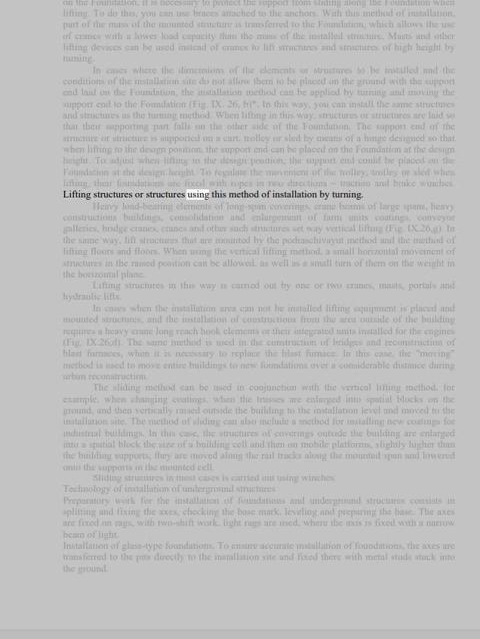Lifting structures using this method of installation by turning. Heavy load-bearing elements of long span coverings, crane beams of large spans, heavy constructions, buildings, consolidation and enlargement of farm units, coatings, conveyor galleries, bridge cranes, and other such structures are set by vertical lifting, Fig. 9.26g. In the same way, lift structures that are mounted by the Podroskavaut method and the method of lifting floors